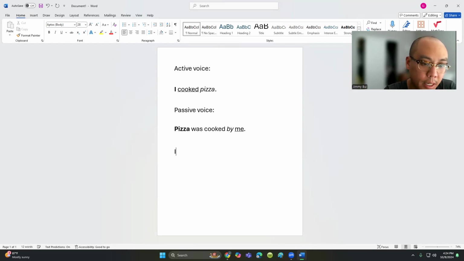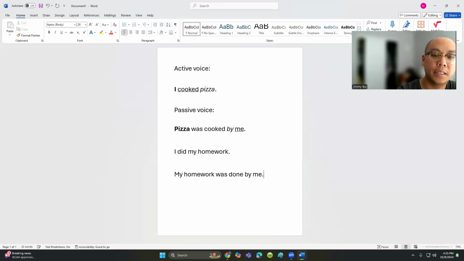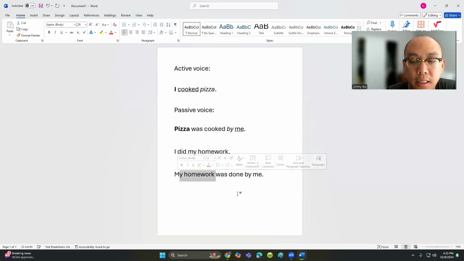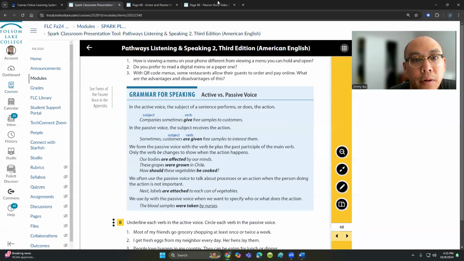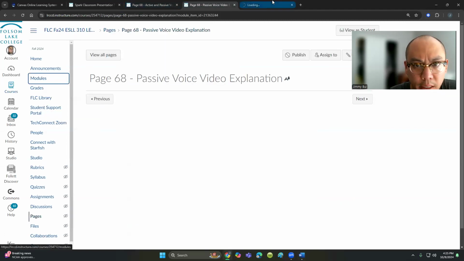And so, I did my homework. So I is the subject, the verb did, and my homework. My homework was done by me. Essentially the same sentence, but as the sentences become more complex, the focus is more on the object, right? And so going a little further into this,